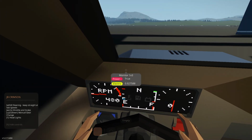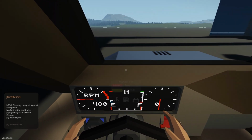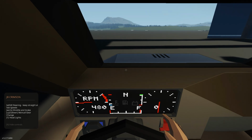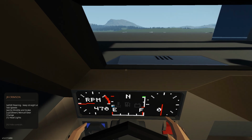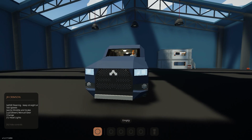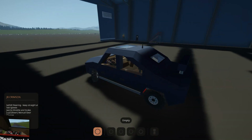And then it's an automatic gearbox, so all you need to do is hold W to drive. However, if you want to go into reverse, you have to do it manually using the up and down keys to change gear. You've got number 1 as the headlights. That's all it does. You've got A and D for steering,